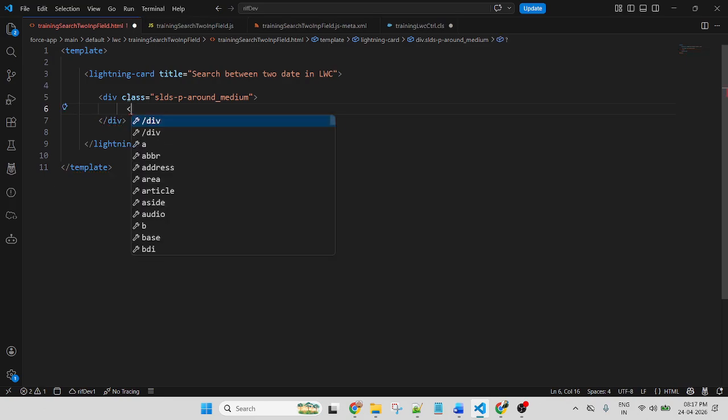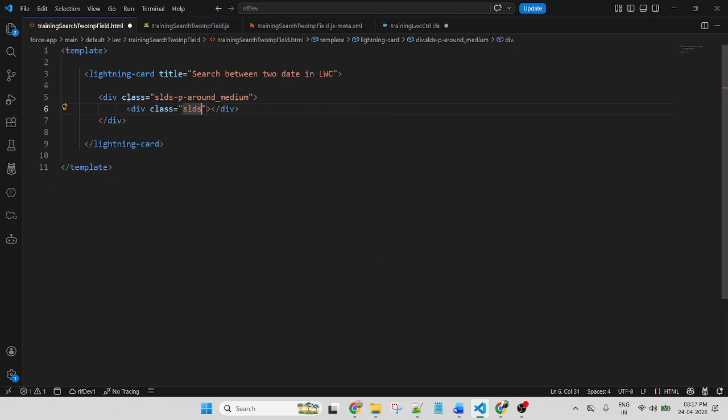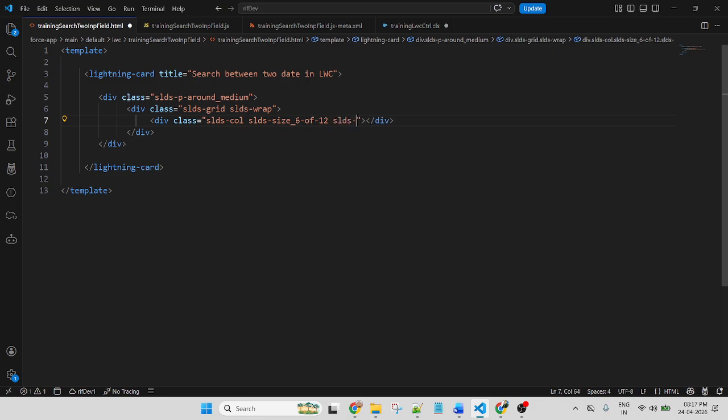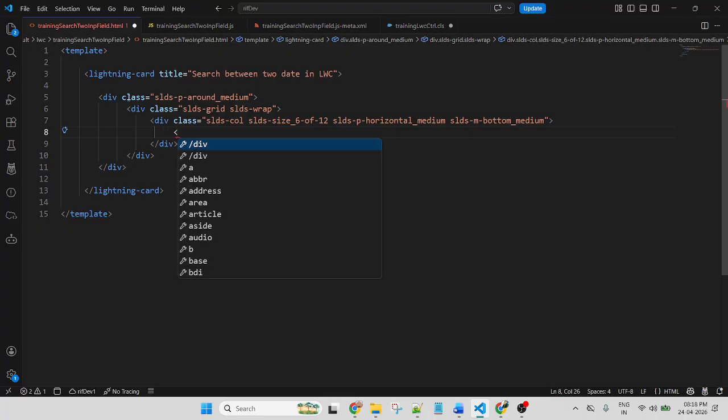Lightning div, class equal to SLDS grid, SLDS wrap, div class SLDS size 6 of 12, SLDS horizontal medium, SLDS margin bottom medium, and here I will put a lightning input field.